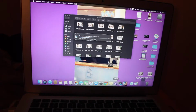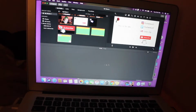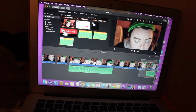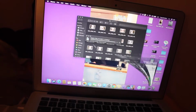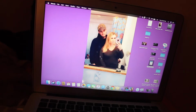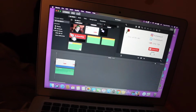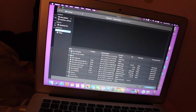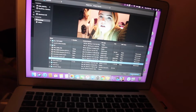While it's copying, we will open iMovie and we need to clear the last thing we made so we have room to make a new one. So we just highlight it all and then we just delete, and then we are ready for this guy. And you can see it's almost done. There we go. So we just close this, then we're going to open iMovie and we're going to press this button right up here. And we are going to find our thing, and we want it off our desktop, and it's this guy right here. And then we just press import selected,